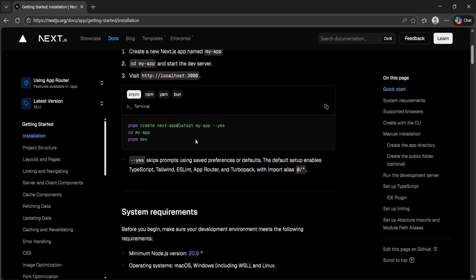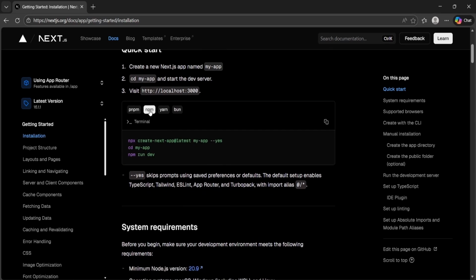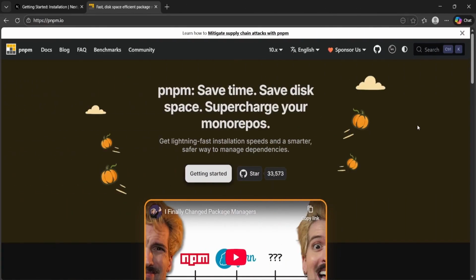Now there are lots of package managers here. We have PNPM, NPM, Yarn, and then we have Bun. For this tutorial, I'm going to be making use of the PNPM package manager, but you can follow along using NPM. I'm going to explain how you can follow along using NPM. But if you want to download the PNPM package manager, which I will advise you to, because it's faster than NPM and it handles packages better than NPM, then you can go over to the official PNPM website,